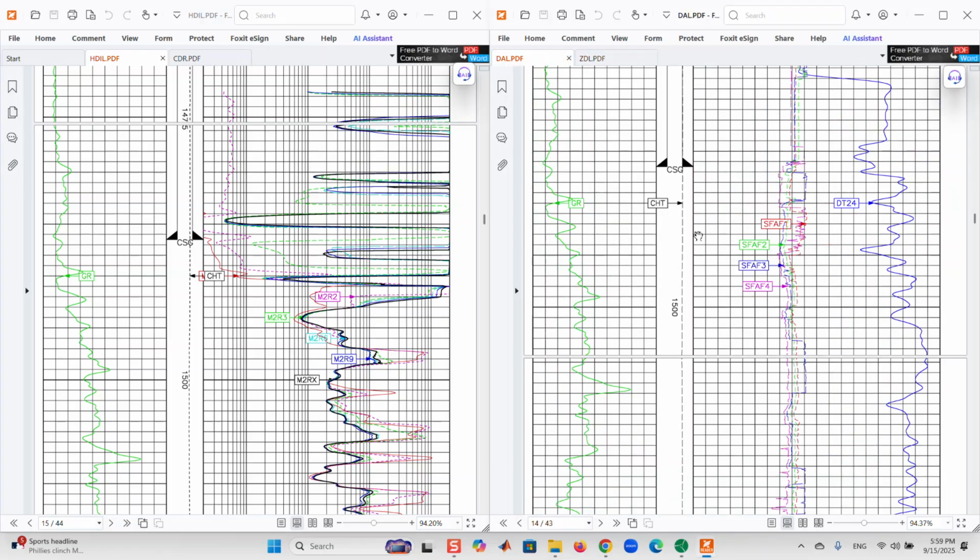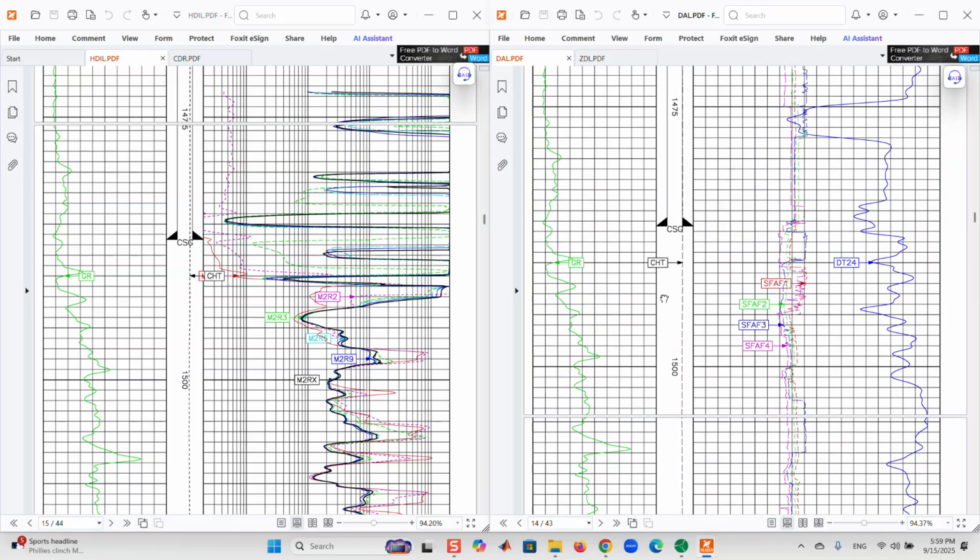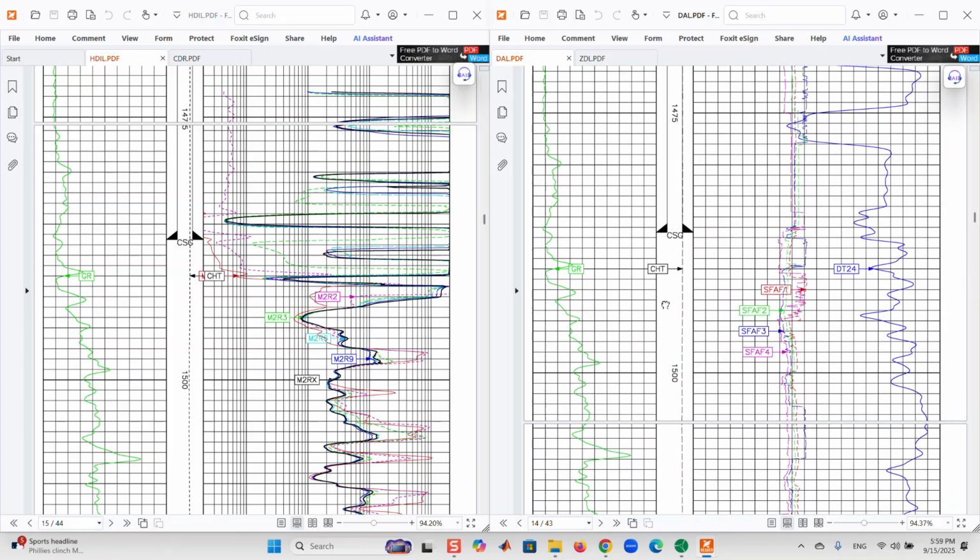By checking the readings of the sonic or DAL tools, we can see that in several intervals, low values of DT readings can be obtained. Here about 52 or 53 readings, or here